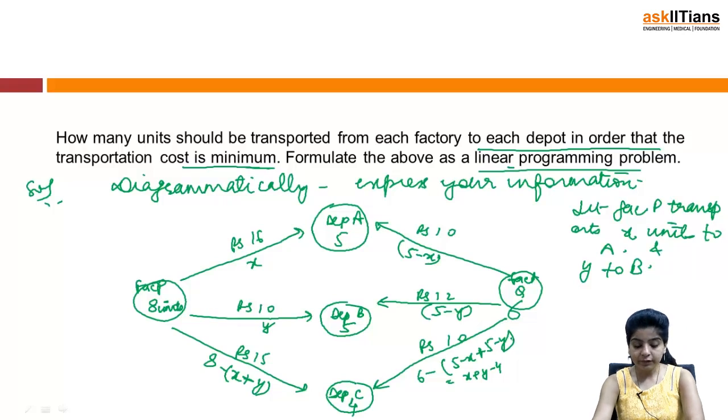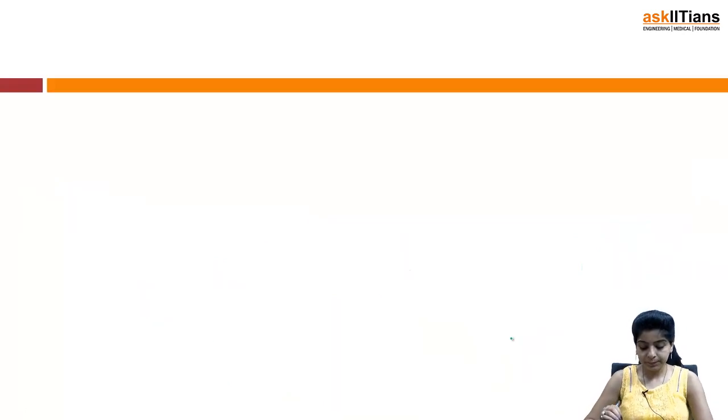So we have X plus Y minus 4 units delivered from Q to C. Now see, once you have drawn this diagram, the formulation is extremely simple. So X will always be greater than or equal to 0 because they are the number of units. So X and Y are greater than or equal to 0,